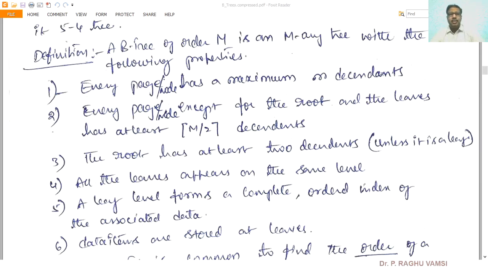Once the deletion has been done, obviously there will be an imbalance in the node at one of the levels. Then how this imbalance will be adjusted, these concepts we are going to see in this lecture.